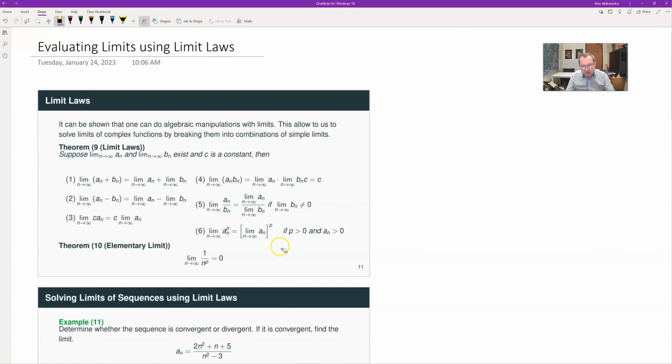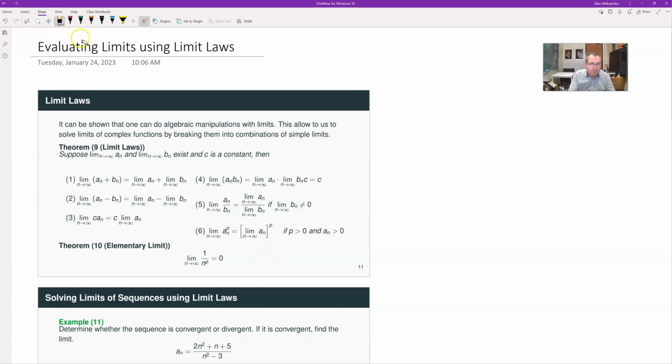So you have all of these nice mathematical formulations. Limit of the product is the product of the limits. Limit of the ratio is the ratio of the limits as long as the denominator is not zero. And you can raise a sequence into a power element by element. And if the sequence had a limit,